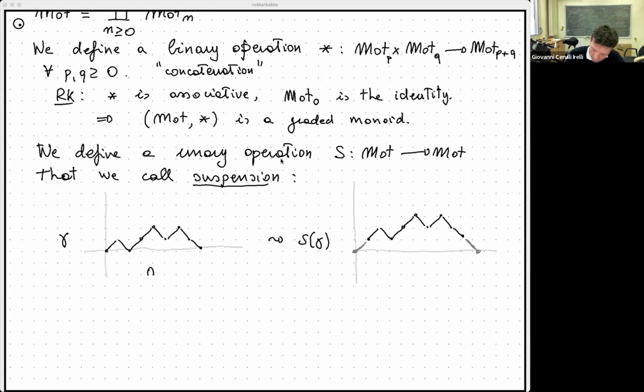So this gamma belongs to 0, 1, 2, 3, 4, 5, 6, 7, 8, mod 8. And this one now belongs to mod 10. You see, we had to add two extremes. So S is a degree 2 map. Okay. Very well. Yes. So now